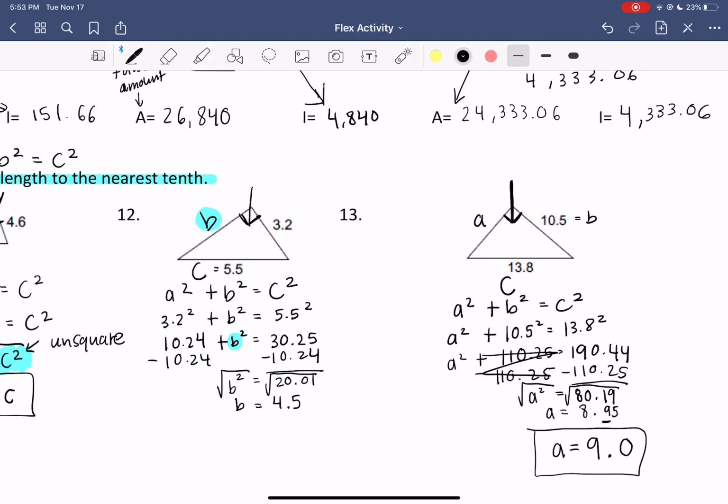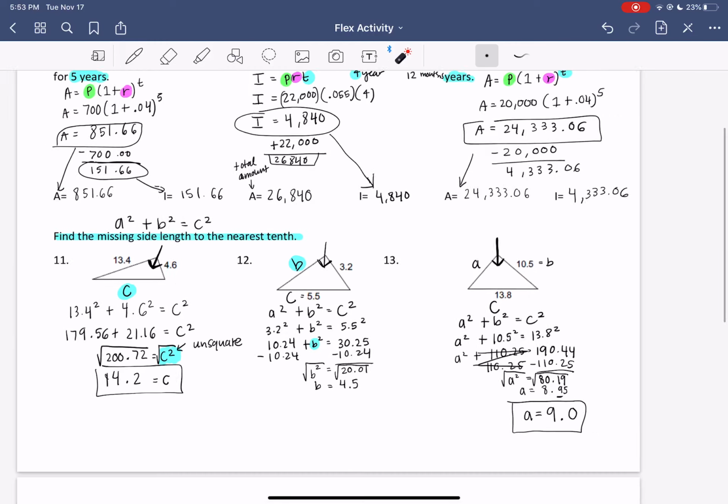So sometimes you're looking for a and b. So if you notice from these two examples, a and b are interchangeable, as long as they are assigned to one of those. All right,